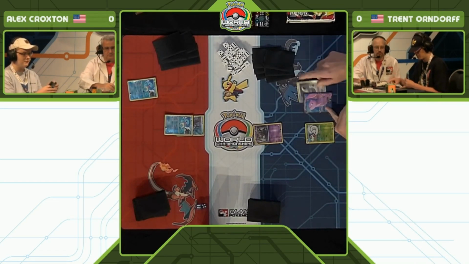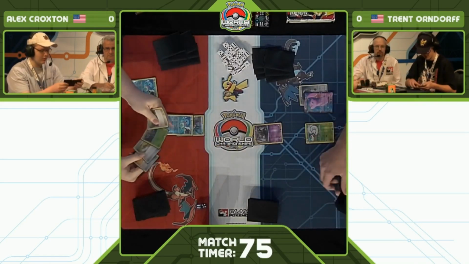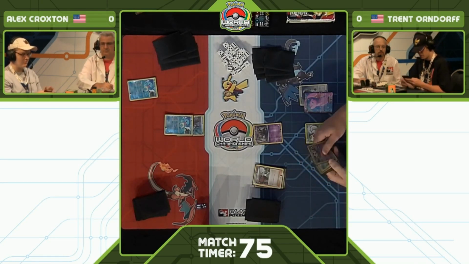The biggest thing here is, can he get Blastoise in play before that Trevenant comes out? But all he did was attach a water energy to his Squirtle. Not a very strong opening, so we'll have to see how the game goes as Trent here starts off with